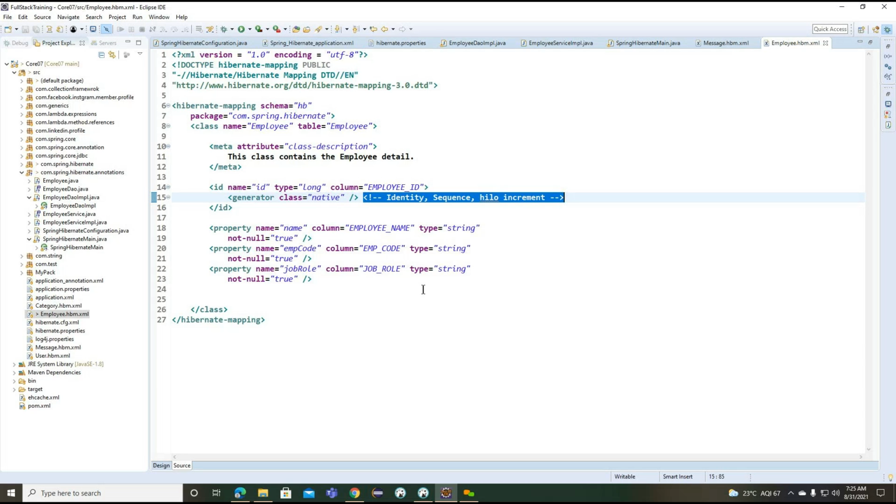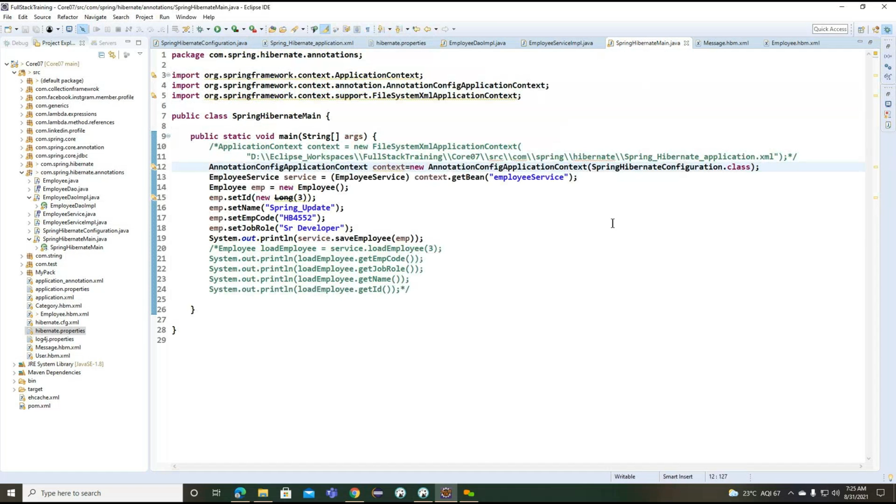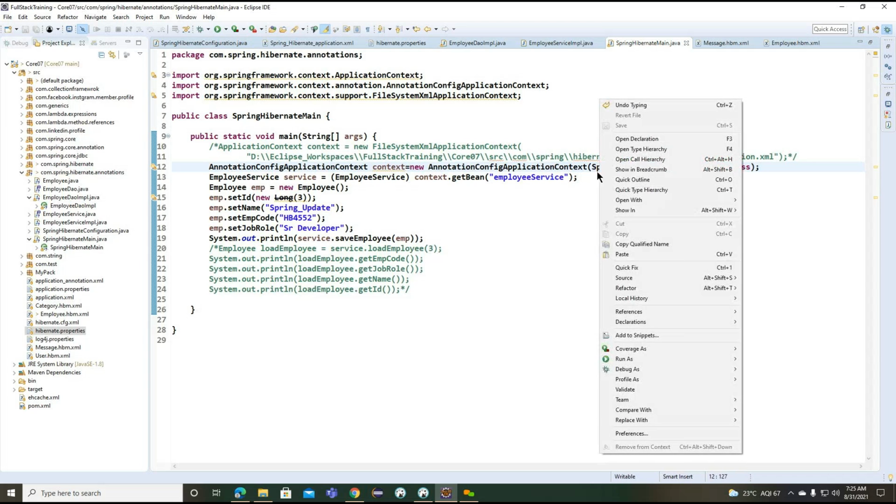We need to use it as it is here, the generator class ID. And finally, what are the changes we made in the last session? The Hibernate properties, so we updated. Right. So this is the main configuration we need to use, which is coming from our annotation package.